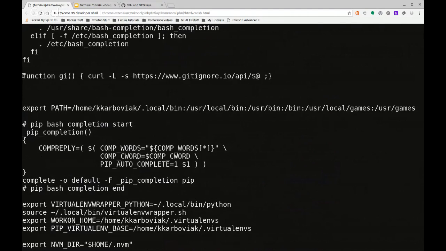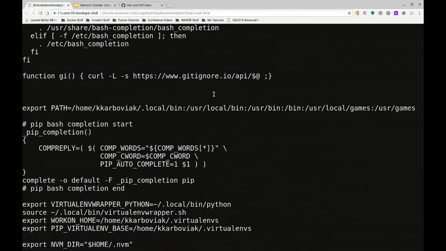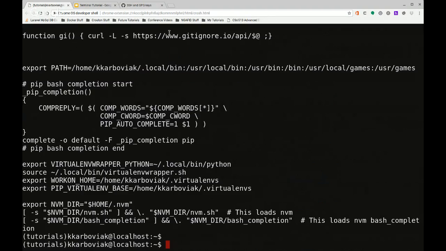So here's a function that I've created for automatically creating a gitignore file. If you're not familiar with gitignore, you set it up in your Git repositories, and if a file pattern matches it, it won't commit it into Git. And so it's super easy. This